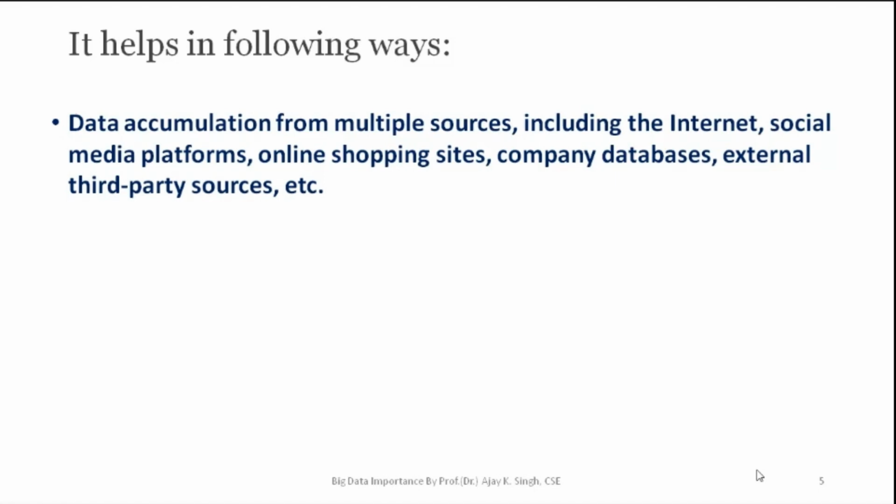Data accumulation from multiple sources. That we already know, from multiple sources we are accumulating the data. And just now we discussed some important sources like media, social media, online shopping, e-commerce. So a lot of different sites are there which are generating an ample amount of data, which is really very good for us to analyze. But in olden days, we did not have this flexibility. Because of the advent of the internet, we got an ample amount of data. Everybody has big servers, which store important data.